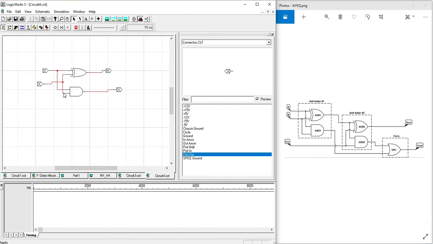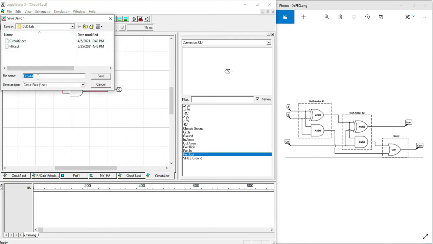For converting it into the symbol, first of all we need to save the circuit. Click on save and we can name it as, let's say, half adder 1.